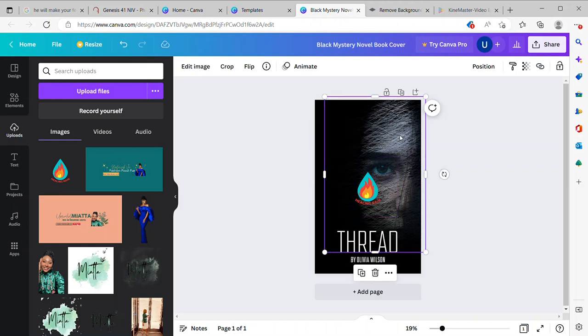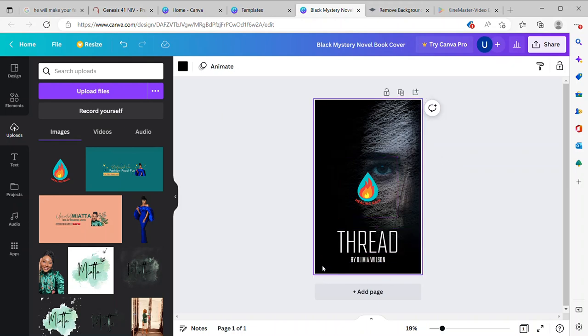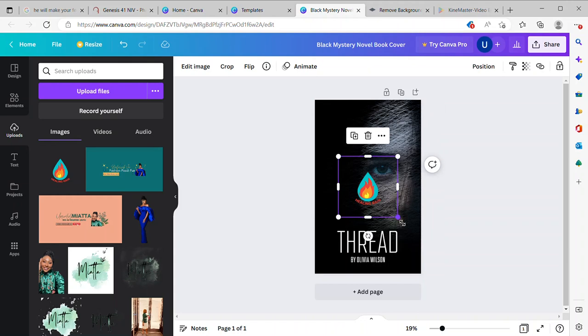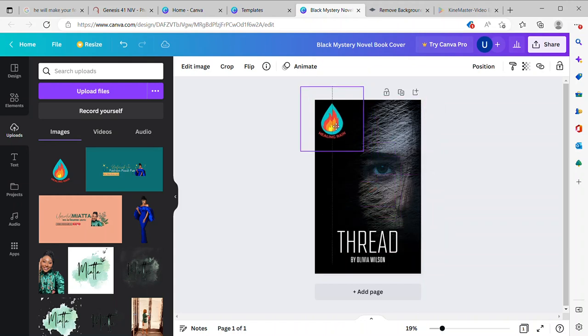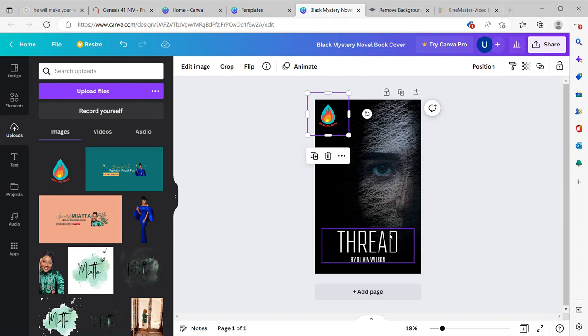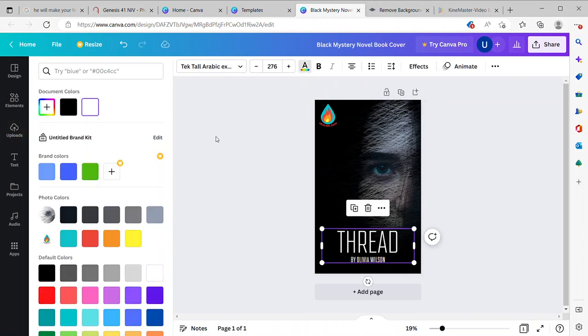So let's say this is the book that we want to sell. We put our logo right on the top, right there. Okay, let's try to make it look